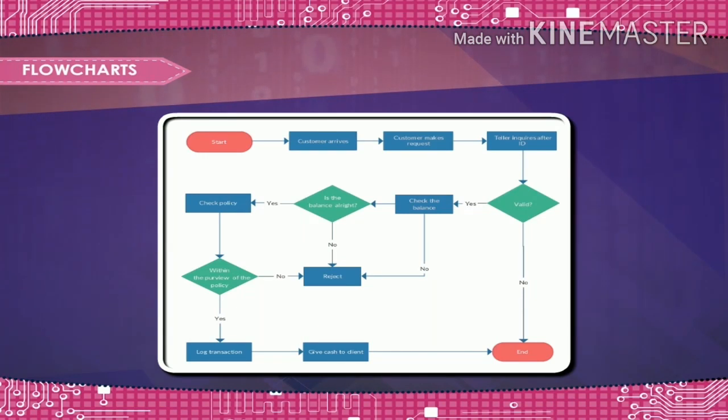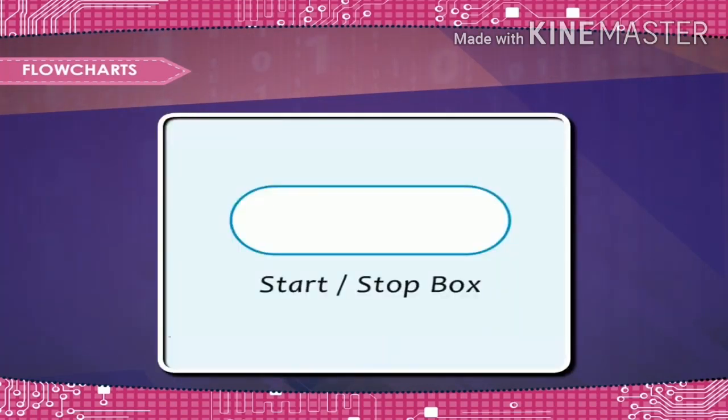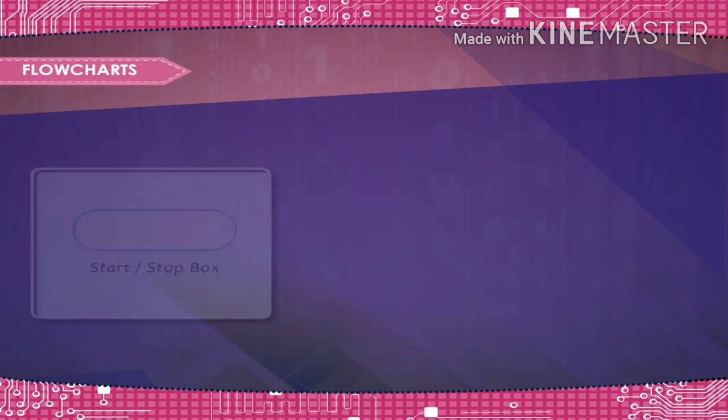There are several boxes and shapes used for drawing a flowchart. Some of them are mentioned here. The Start/Stop box is the terminal box. It is used to begin or show the end of a flowchart. No boxes or flow lines are given before the start terminal box or after the stop terminal box.